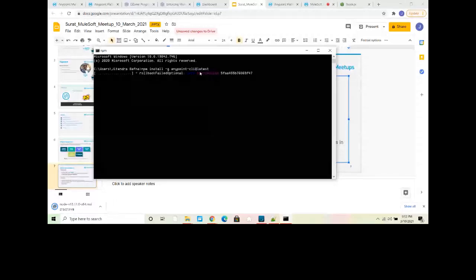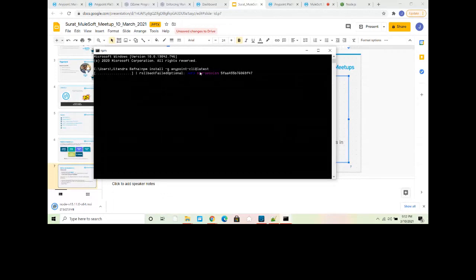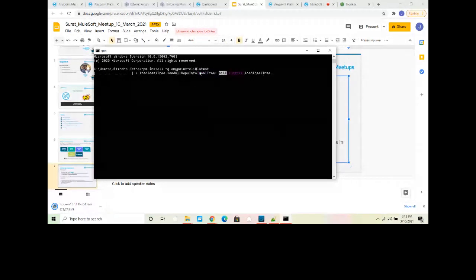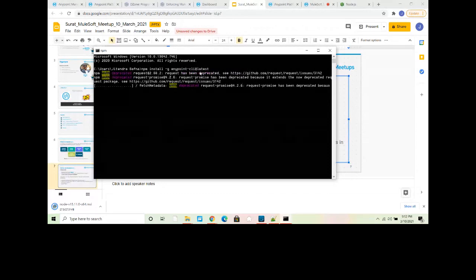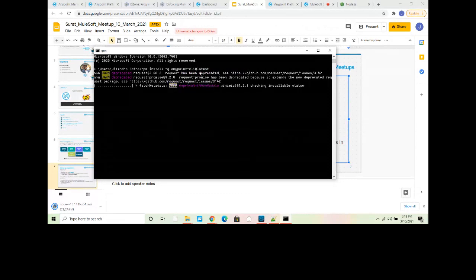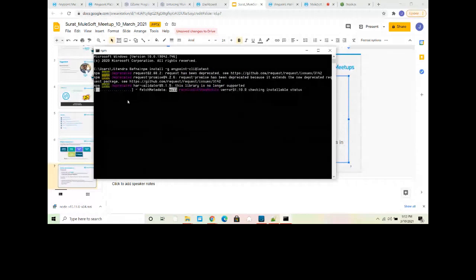It starts downloading the required packages for Anypoint CLI. It does this automatically for us basically.